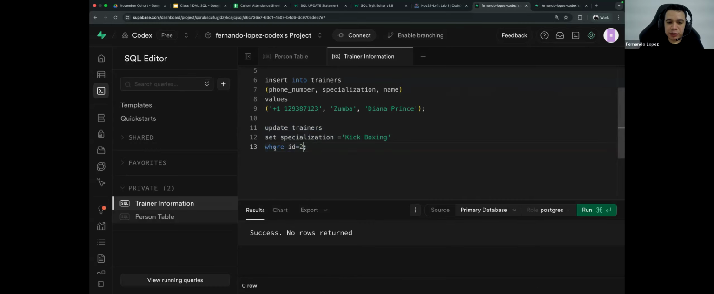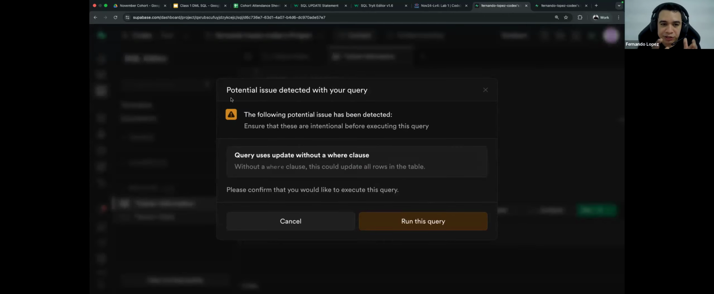Now, if we don't have this where, guys, this is a very, very risky query because you can update the entire table. Imagine that you have 100 records and you're going to update the specialization of all those 100 records, you're going to lose data. So if I try to run this query, you will see something. I am receiving a potential problem, okay? And it's very important to understand that when you are doing an update, you need to put the condition of what record you're going to be modifying. So as you see, Postgres is giving you a message. Do you want to run this query without